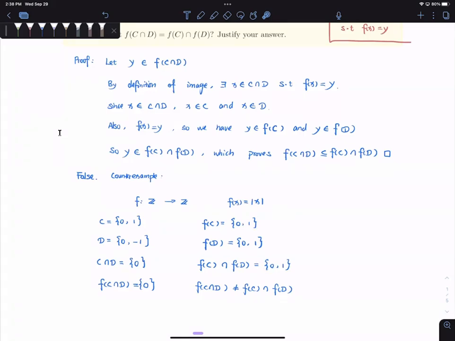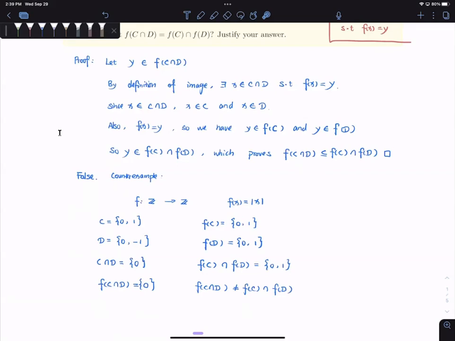How do I know? Basically, when you have a true or false question, you try to find a counterexample first, because proving it takes so much more time. Finding counterexamples takes less time. So for functions like this, I always try absolute value and square. Those two functions almost always give you counterexamples. That's all I can say.